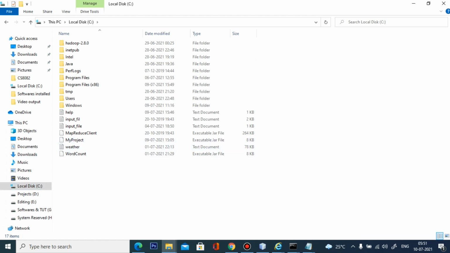Then we have to move to implement the weather data analytics jar program by using Hadoop and HDFS.